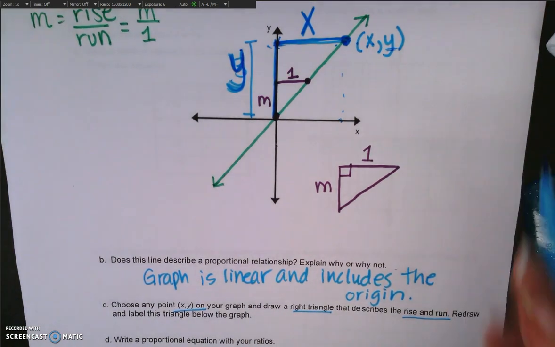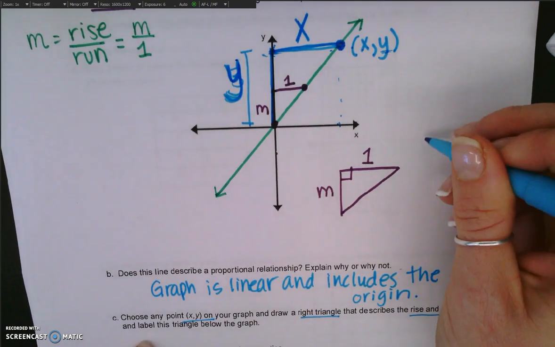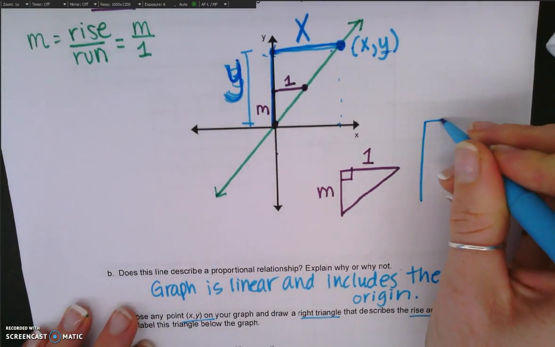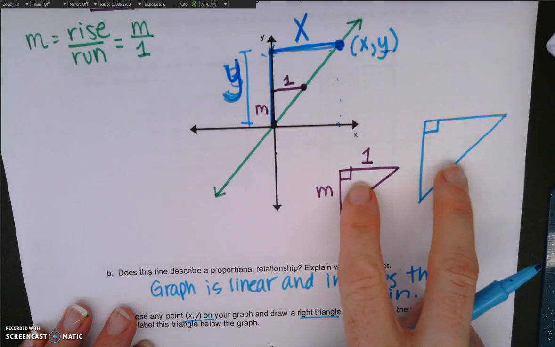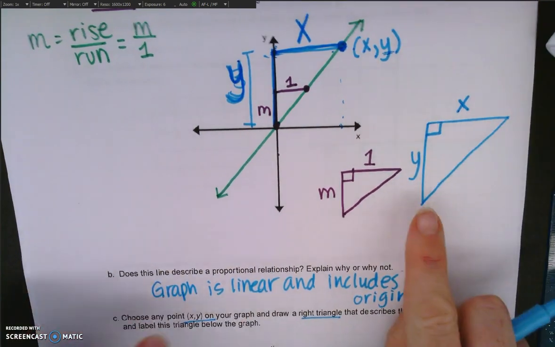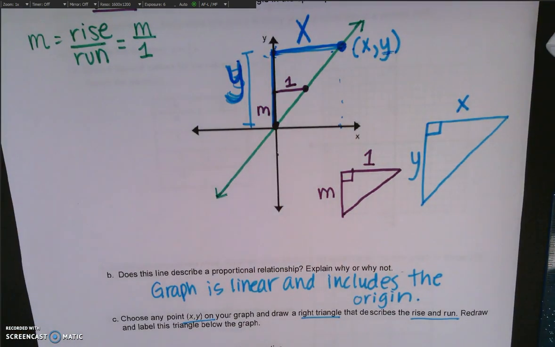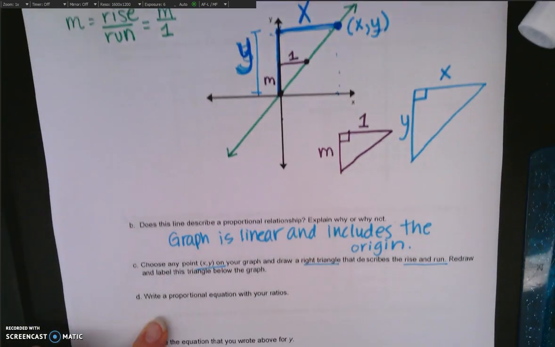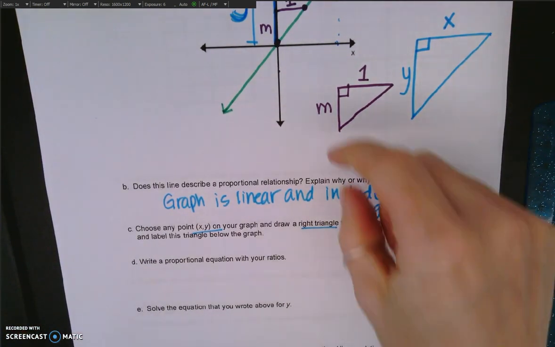And I'm going to redraw and label my triangle below. So this triangle is slightly larger, but of course it's still a right triangle. These triangles are dilations of each other, which makes similar figures, meaning that the corresponding line segments are proportional to each other. Proportional means the ratios are equal. So now I need to write a proportional equation with my ratios. What corresponds to what? The height